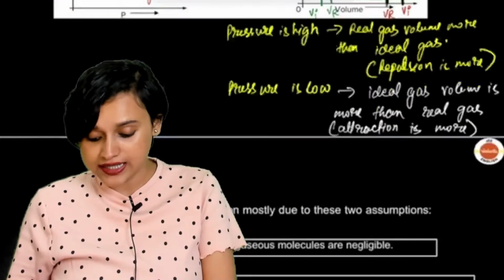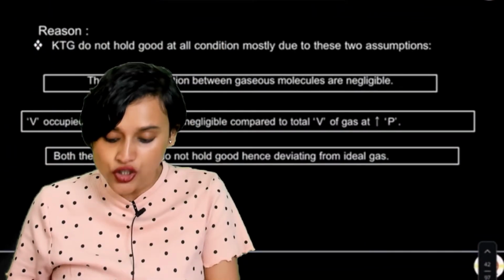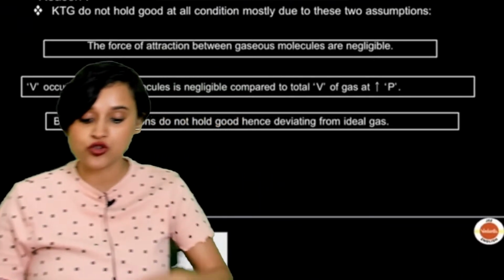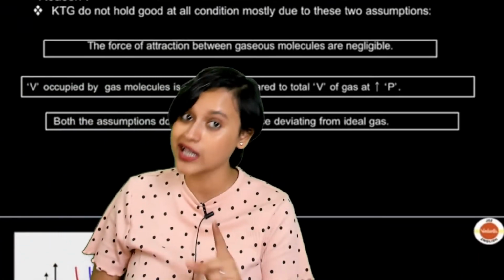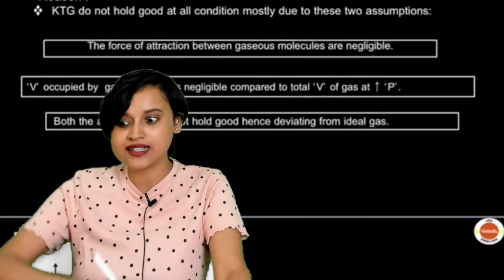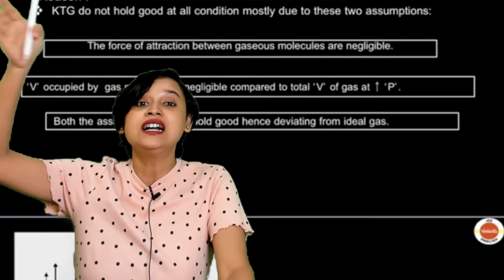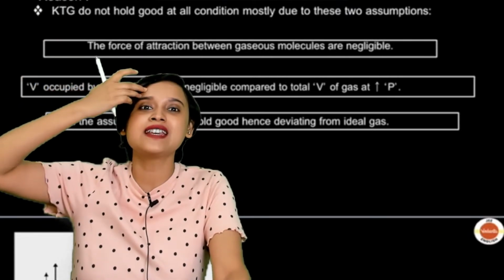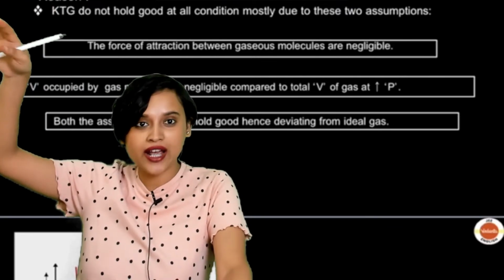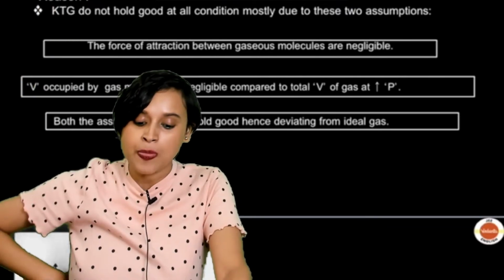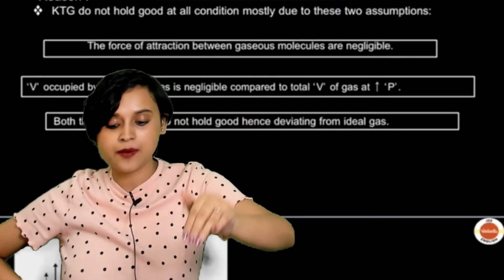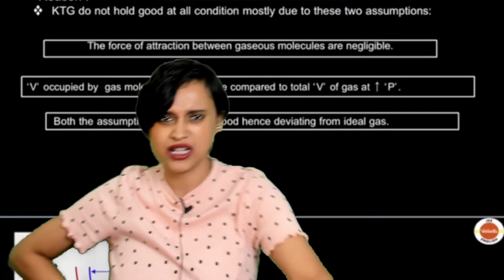So this part is done. Now, I was just telling you why we saw this deviation. That's because we assumed the force of attraction between gaseous molecules is negligible. That is what we said in KTG. What is KTG? Kinetic theory of gases. That is something you also learn in Physics, where you have a chapter on kinetic theory, KTG, and thermodynamics. Exactly. The volume occupied by gas molecules is negligible, we said, and both assumptions are not really a good idea,